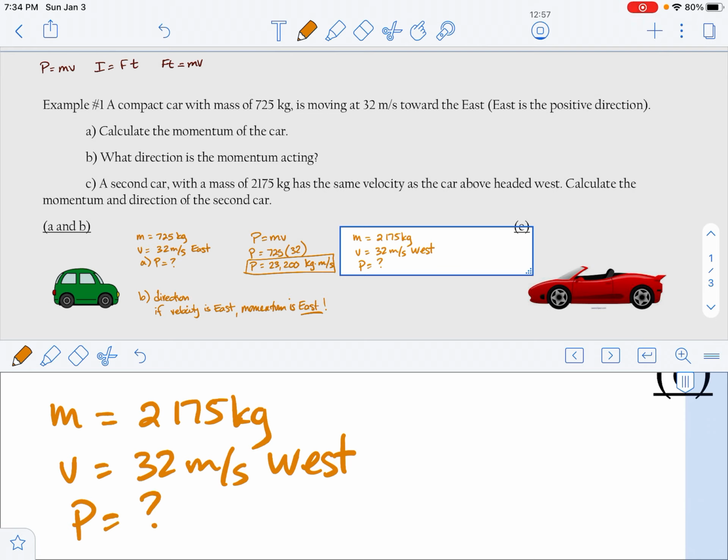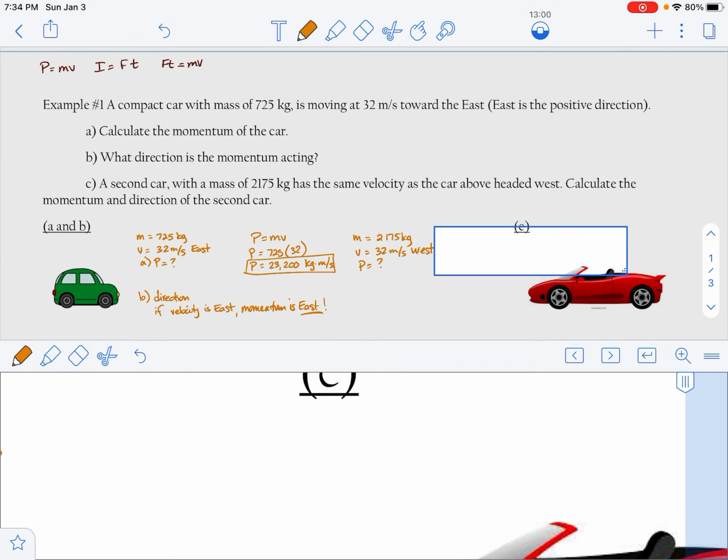All right, what do you think? Is this momentum going to be bigger or smaller? Yeah, you're right. It should be bigger, right? Why is it going to be bigger? Yep, because my mass is bigger. So I'm going to have